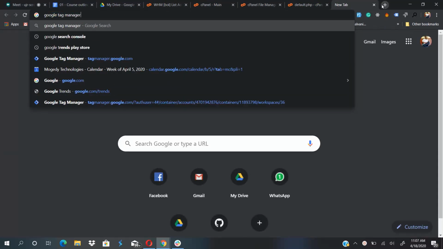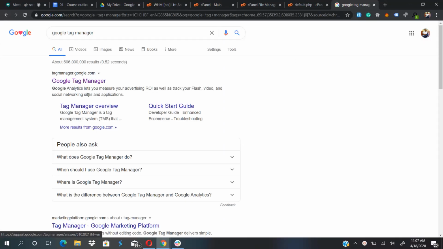Let's see, Google Tag Manager lets you measure your advertising ROI as well as track your Flash, video, and social networking sites and applications. So basically, what Google Tag Manager does is it collects all the tags that you want to install on your website, and then it puts all of them together, optimizes them, and sends them out as one. So instead of